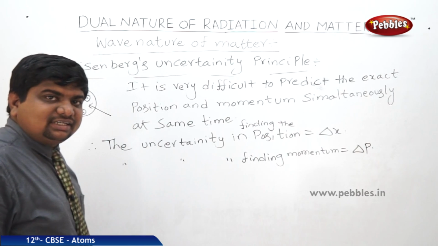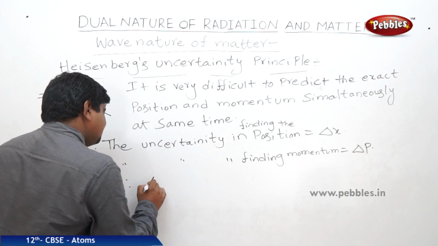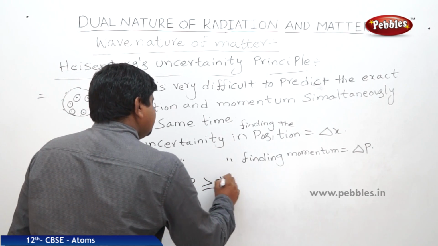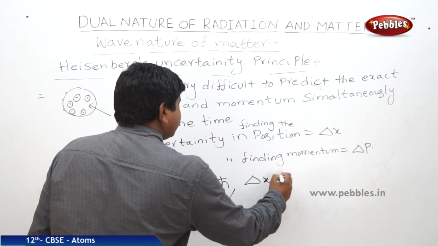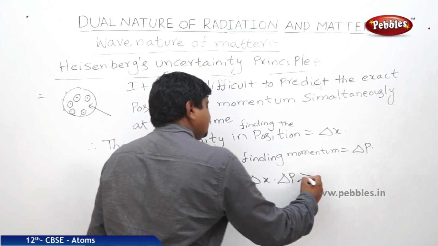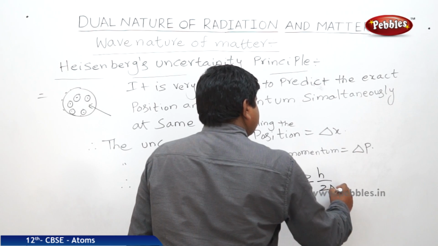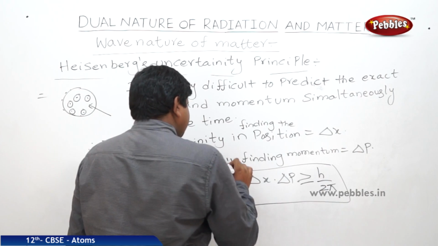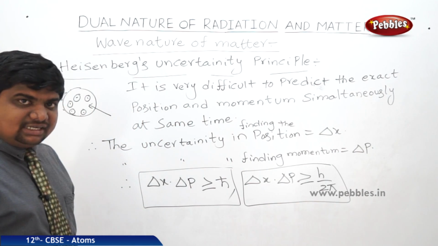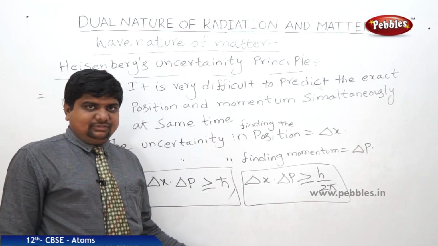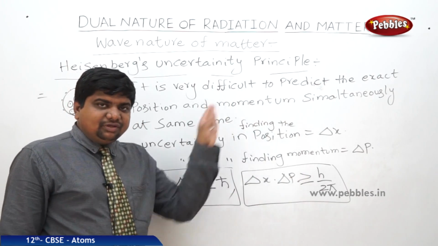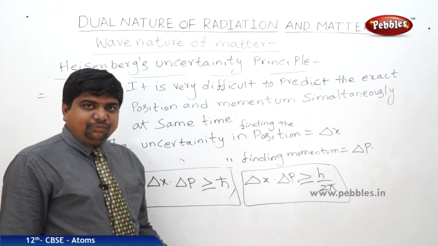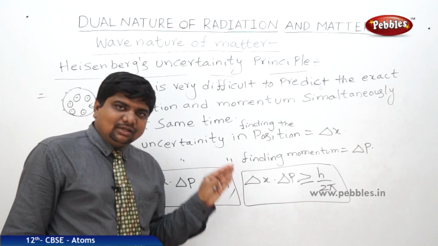So what is Heisenberg's uncertainty principle? The product of uncertainties in momentum and position is greater than or equal to h cross, where h cross is equal to h by 2 pi. So this is Heisenberg's uncertainty principle. Why is it happening as uncertainty? Electron is not localized. It is revolving or distributed over a given space. When it is localized, what is the plot? When it is distributed, what is the plot? We are going to see the plots.